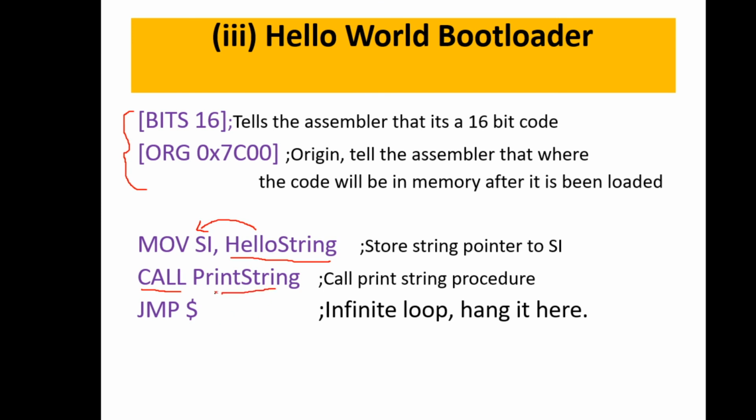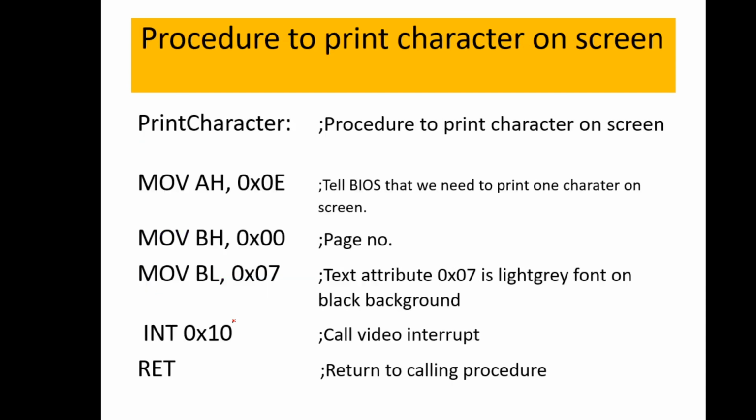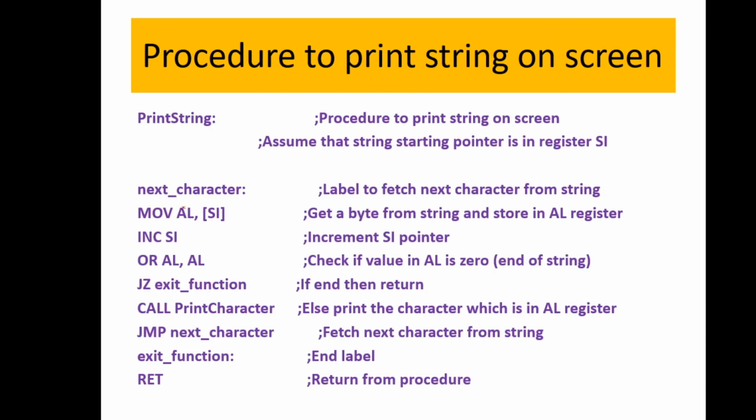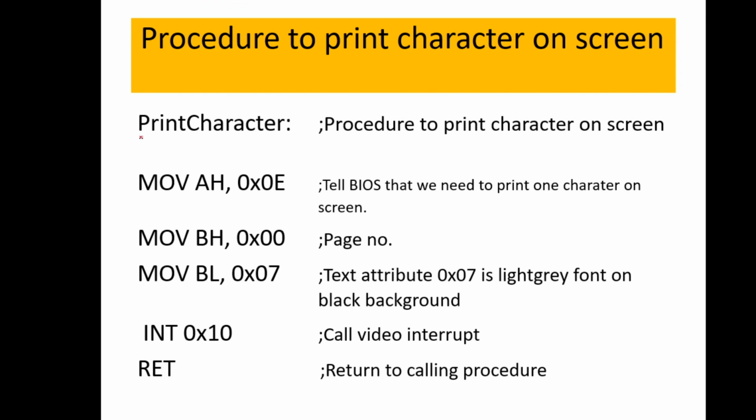So when I call the print string procedure call, the control will come here. For the print string procedure call, we have a call to print character. That's what we are writing here as a print character sequence. Print character is again a procedure call. As we wrote for printing character A, the same thing you can write here as print character, or you can copy paste it, or you can reuse it. The same functionality and the same explanation applies here also.